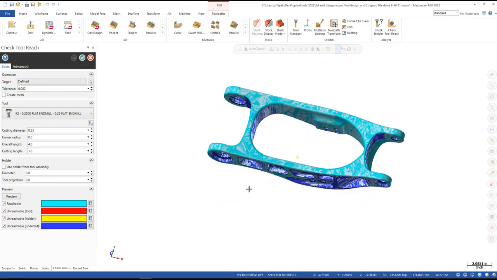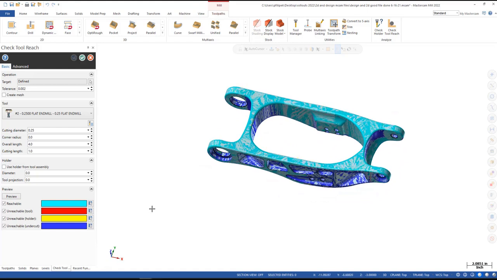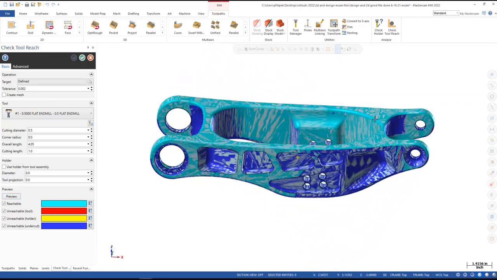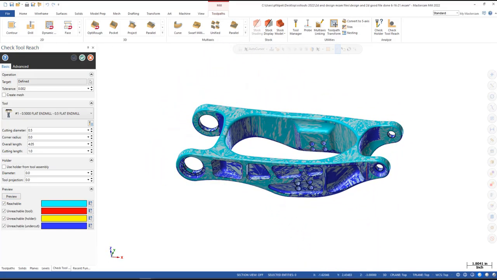So this is kind of just giving us an indication of what we can reach and what we can't reach before we get there. And that is in check tool reach. And once again, you can check multiple tools. I can flip it to a 1/2 inch, preview that. And my response is going to be pretty similar here because this is a pretty big part. But that will help you streamline your programming and try to not waste any